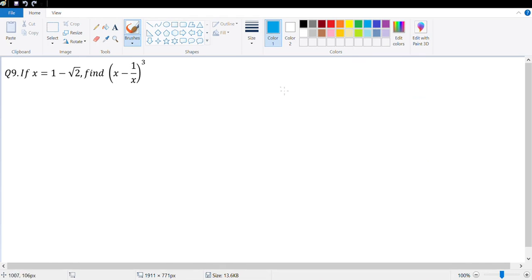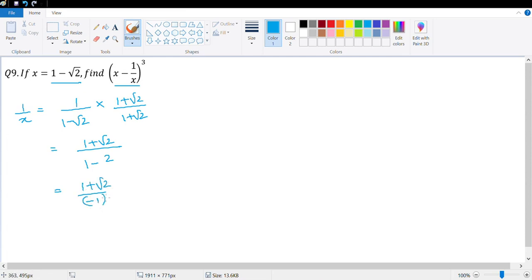The next one is question number 9. It says if x is equal to 1 minus root 2, find x minus 1 upon x whole cube. Let's find 1 upon x first. So 1 upon x is equal to 1 upon 1 minus root 2. We don't leave the denominator as irrational. So let's rationalize. This is 1 plus root 2 upon 1 plus root 2. A numerator is 1 plus root 2 and the denominator is 1 minus root 2 square, that's 1 minus 2. So this is 1 plus root 2 upon negative 1,